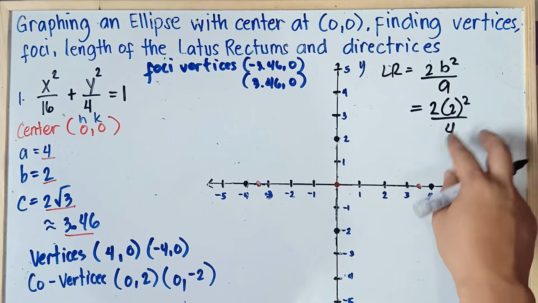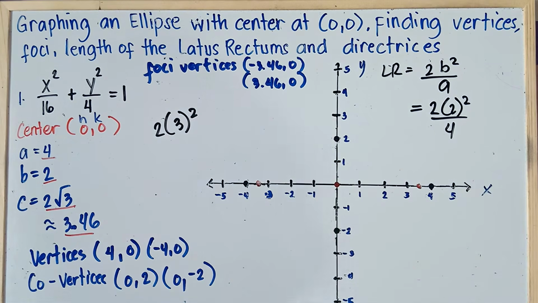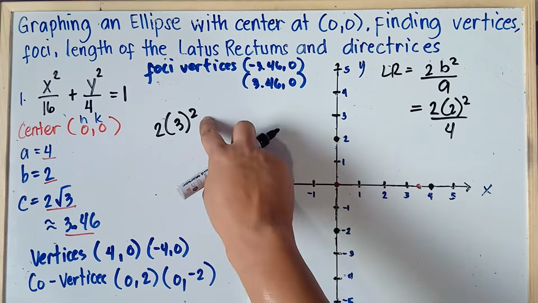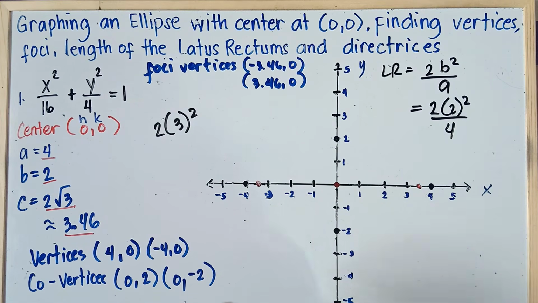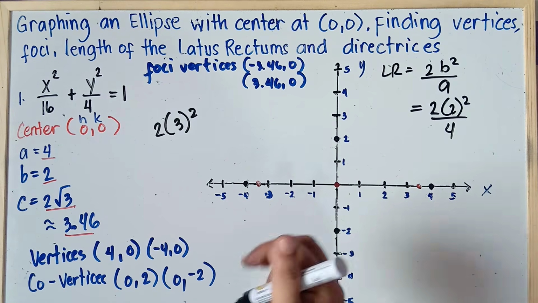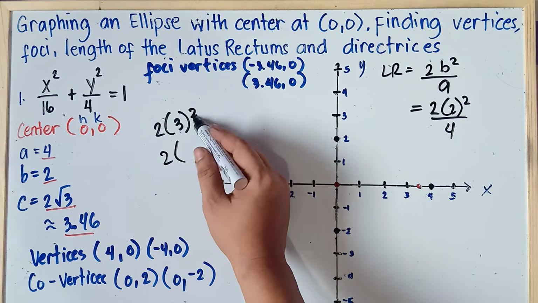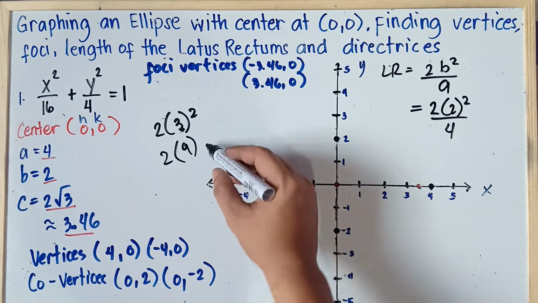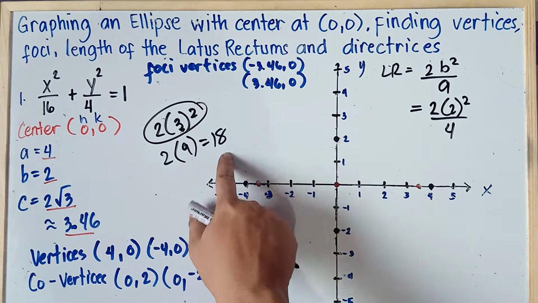I hope you're not confused, class. For example, if you have 2 times 3 squared, do not multiply 2 and 3, class; it should be parentheses, exponent. You always follow PEMDAS, class: parentheses, exponents, multiplication, division, addition, subtraction. So copy 2, then 3 squared doesn't mean 3 times 2, it means 3 times 3. 3 times 3 is 9. So 2 times 9 is 18. If you have an example like this, class, the answer is 18.